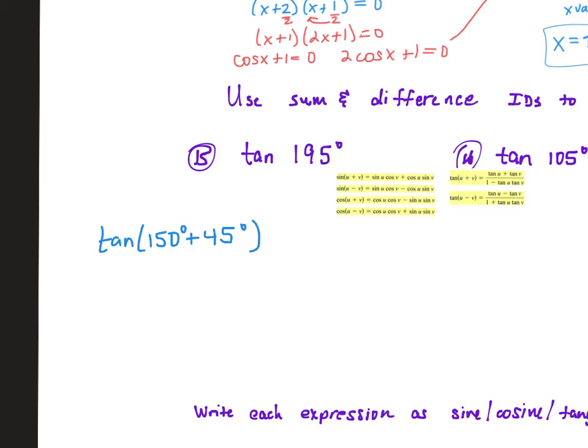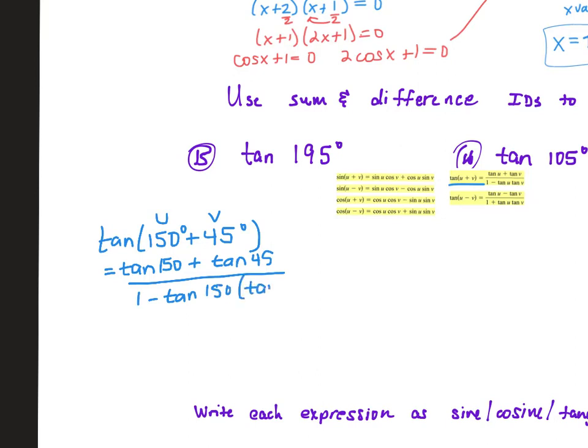So I'm going to use the tangent u plus v formula, which is right here. I'm going to say that 150 is my u and 45 is my v. So I'm going to rewrite this as the tangent of u, which is 150, plus the tangent of v, which is 45, divided by 1 minus tangent 150